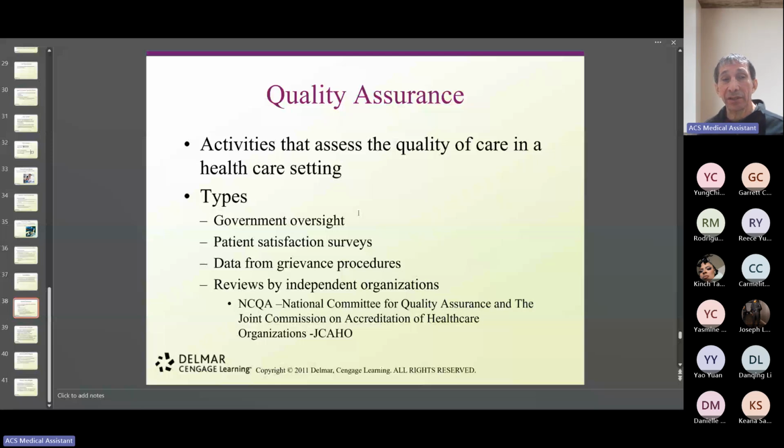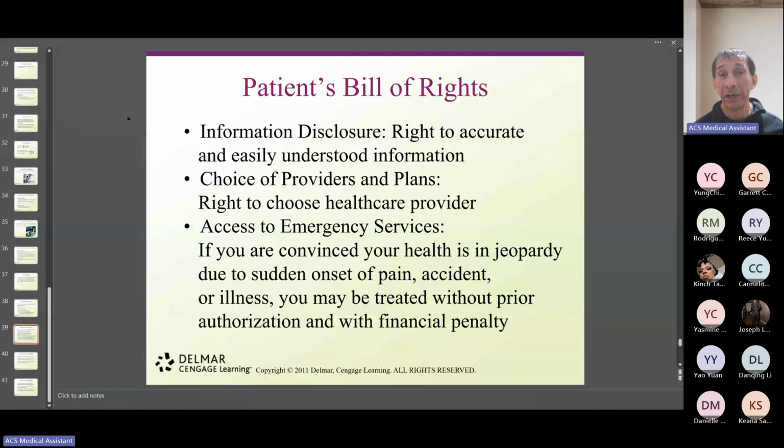The patient bill of rights. Before we start with the patient bill of rights, we're going to take a break and get a little rest. And when we come back, we're going to continue. We know some of the patient bill of rights, but we're going to add some others for the purpose of the medical insurance and for the purpose of refreshing your mind about the patient's rights, because it's very important that we understand what rights we have as patients, and those rights should be honored every single time that we receive services, regardless of where the services are provided.